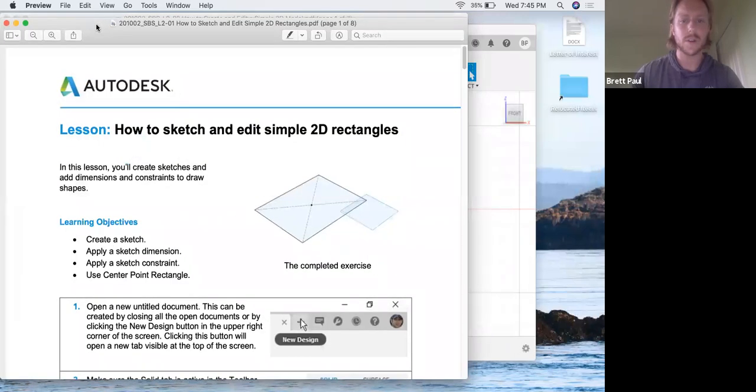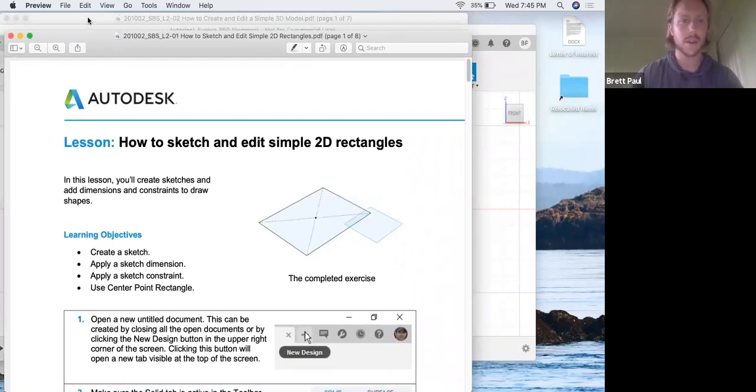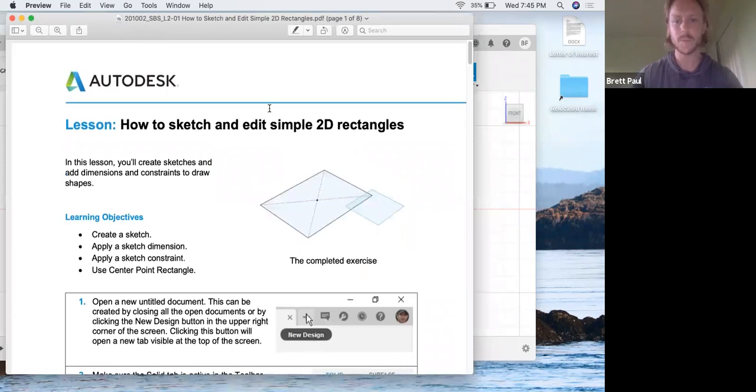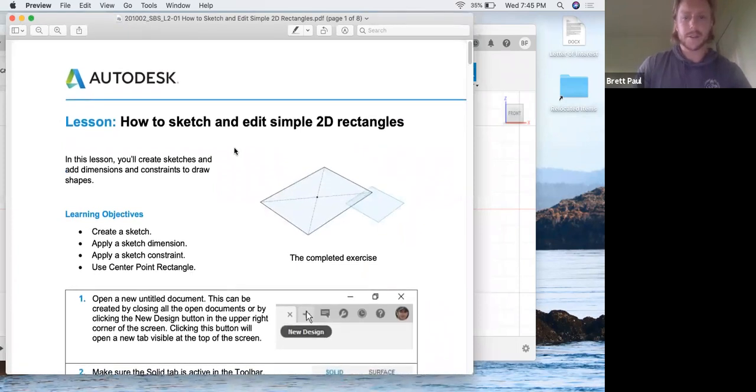I'm on a smaller computer tonight, so I'm not going to have half of the frame be the PDF and half of the frame be Fusion. Instead, I'm going to kind of have to hop between the two. So I hope I'm not too jumpy with it. All right, so